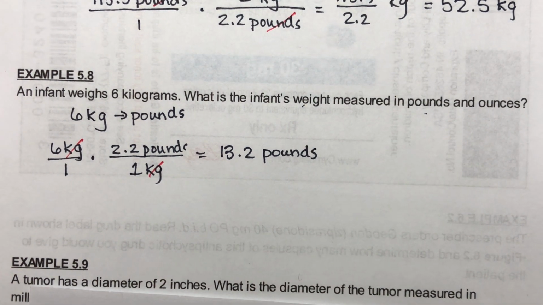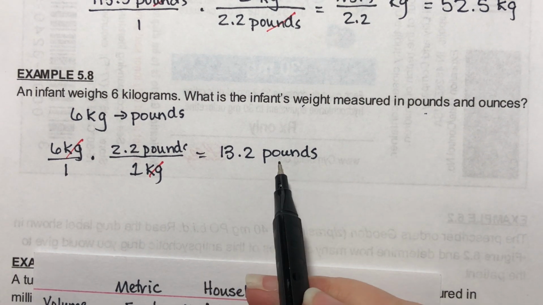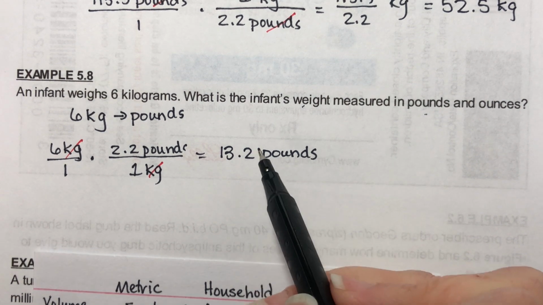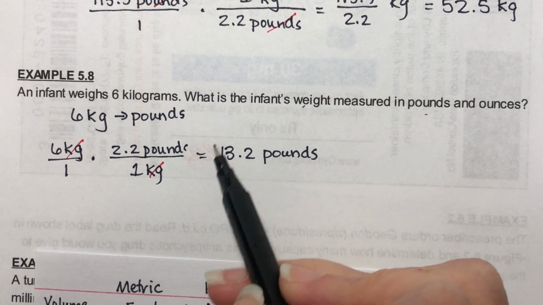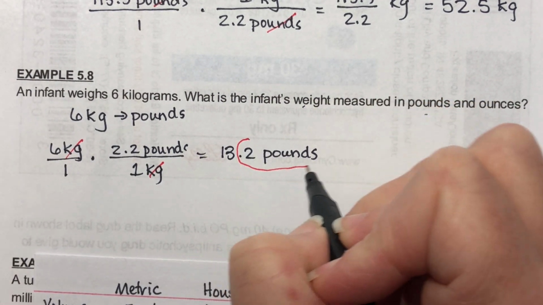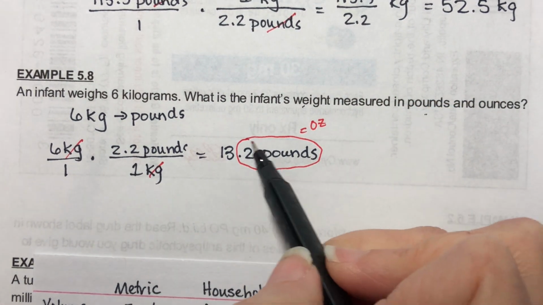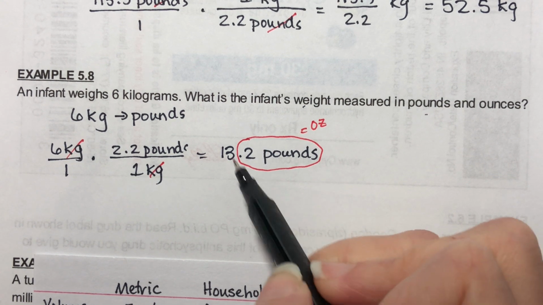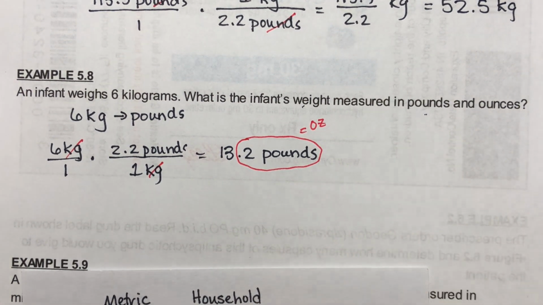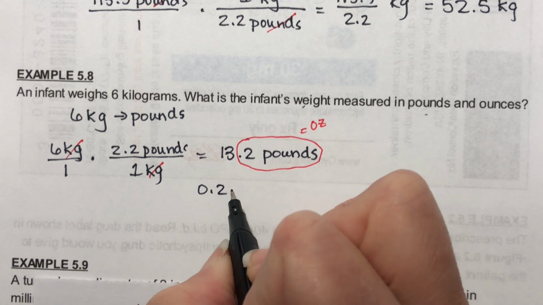Okay, so now what I could do is take this extra 0.2, because I'll have 13 pounds and this is how many ounces. This 0.2 pounds should equal the number of ounces. So I had 13 pounds and that 0.2 is basically what I had left over. So that's the part we're going to convert into ounces. So let's take 0.2 pounds